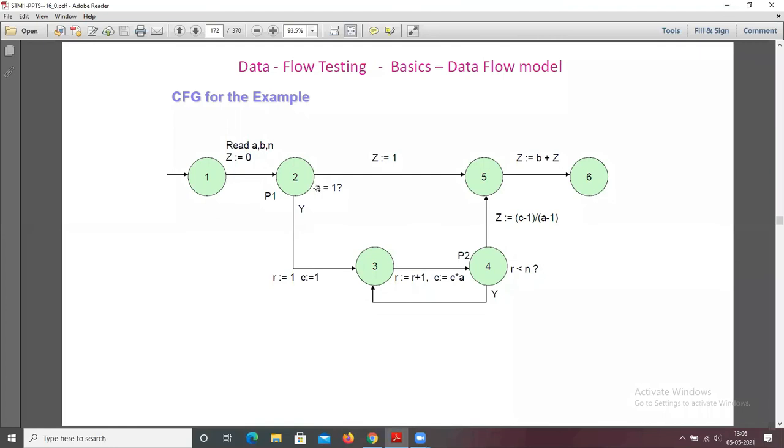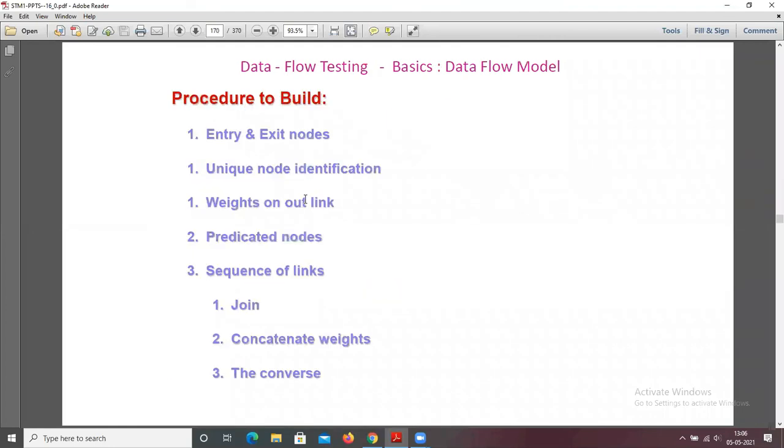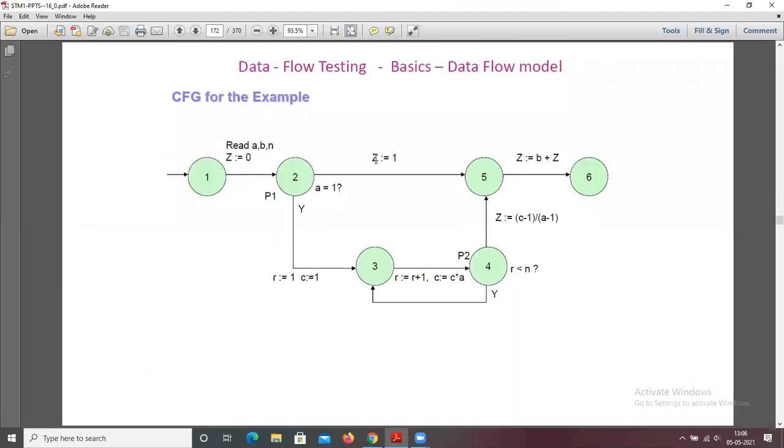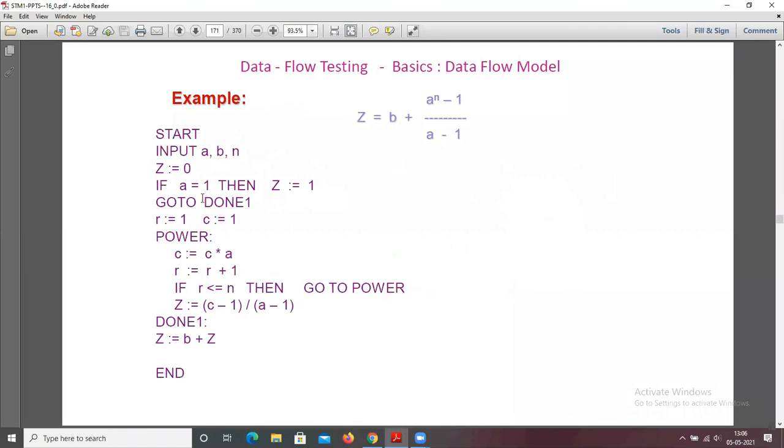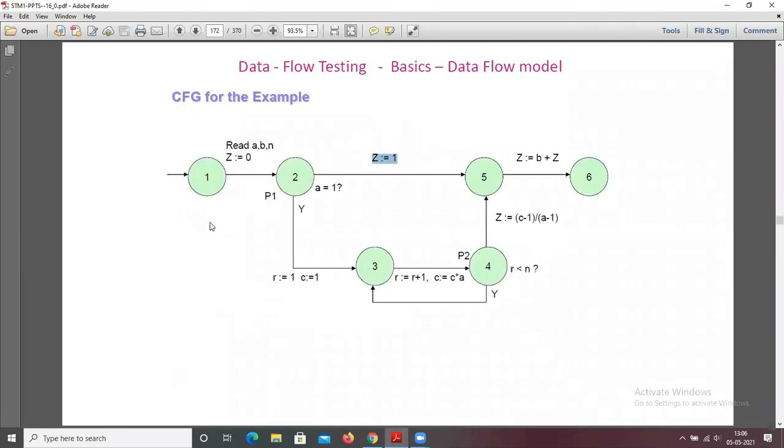If a equals 1, then z equals minus 1. Then go to done 1, r equals 1, c equals 1. So this is the control flow graph for the example.